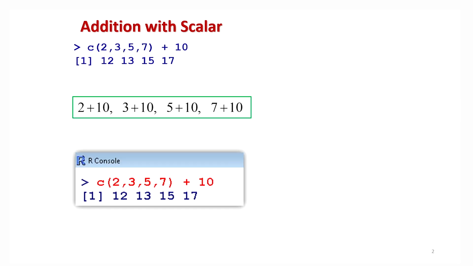Now you understand what a data vector is. There are here 4 values, if you see, 2, 3, 5, 7, and you have used the command c. So this is actually a data vector. One point where you have to be careful is that vector is a very general word and it is used in different subjects in different ways. There is a vector in physics, there is vector calculus, there is a vector in mathematics, and there is a vector in matrix also. But this is actually a data vector.